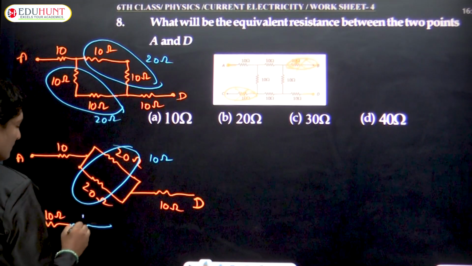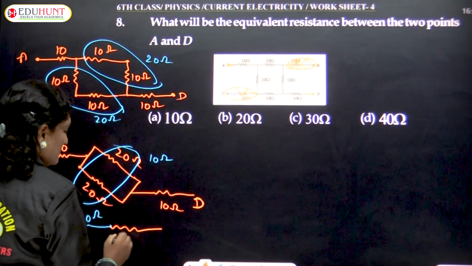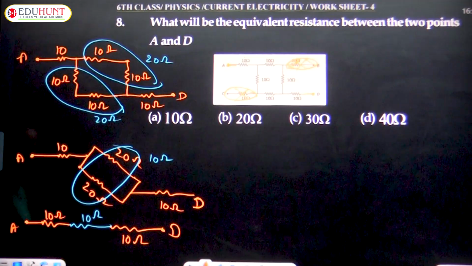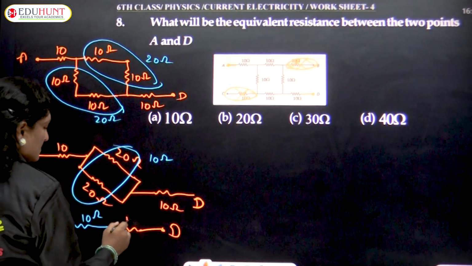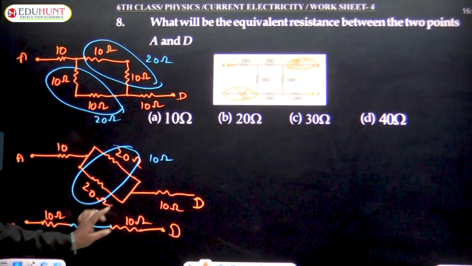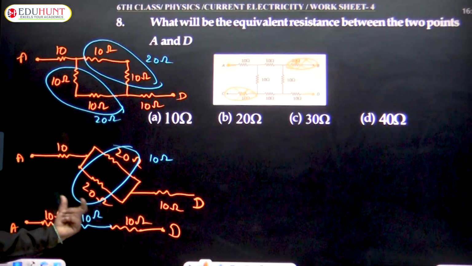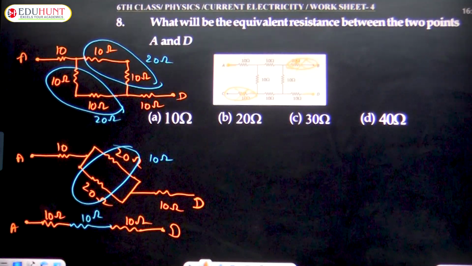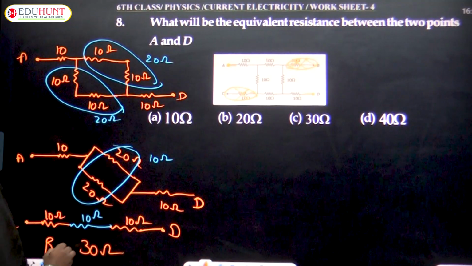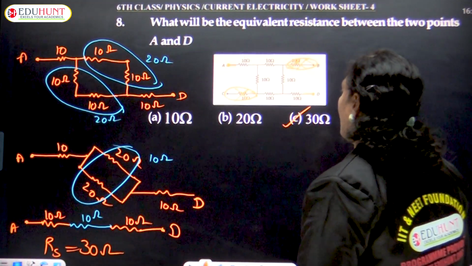So, in between we are getting again 10 ohm, and further finally it is connected to one more resistor, 10 ohm. So, here is A and here is your D. Here we clearly observe that three different resistors, 10 ohm each, are connected in series. When three resistors are connected in series, the equivalent resistance will be the summation of them, that is 10 plus 10 plus 10. Totally, it was found to be 30 ohms. So, the equivalent resistance is found to be 30 ohms, and hence the correct option must be option C, that